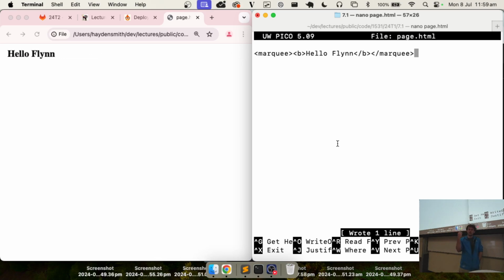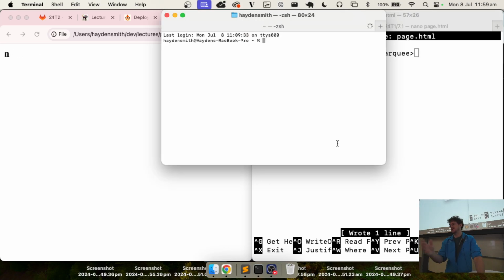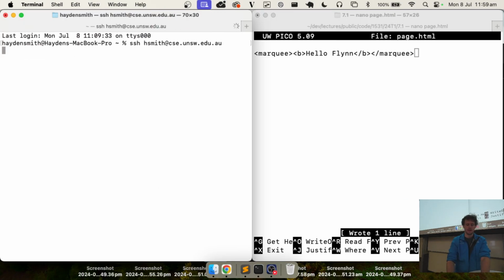If this is software, I want to make it available for other people to use. So I could email it to you. However, another way you could do it, because emailing it as deploying software is a bit of a BS way, right, is that in everyone's CSE accounts, all of you, obviously I'm logging in with a name here, but you'll have your Z number, you know how to SSH into your account. All of you will have a